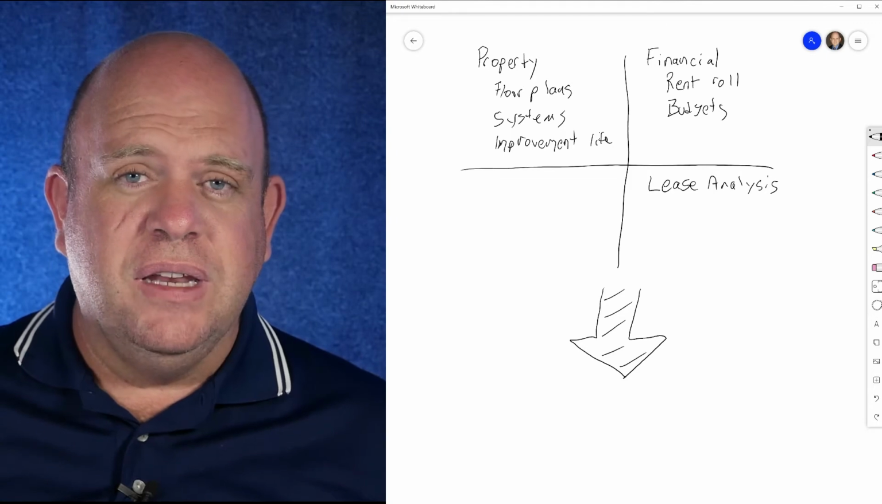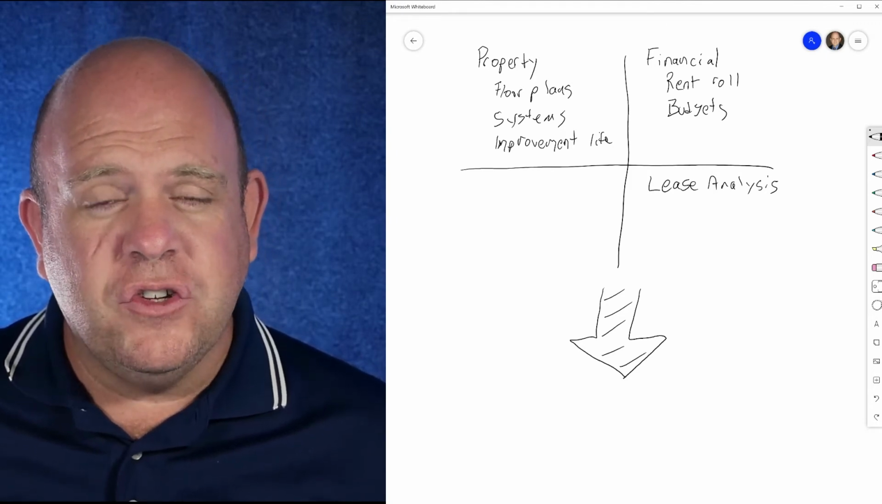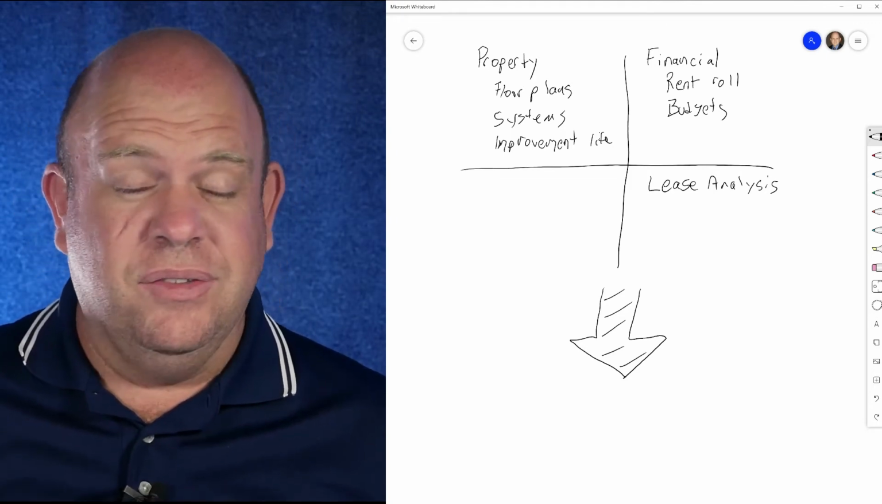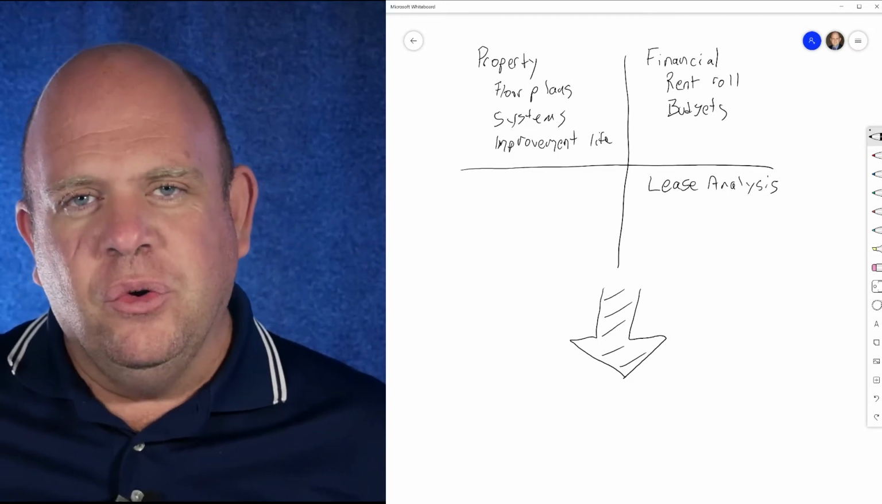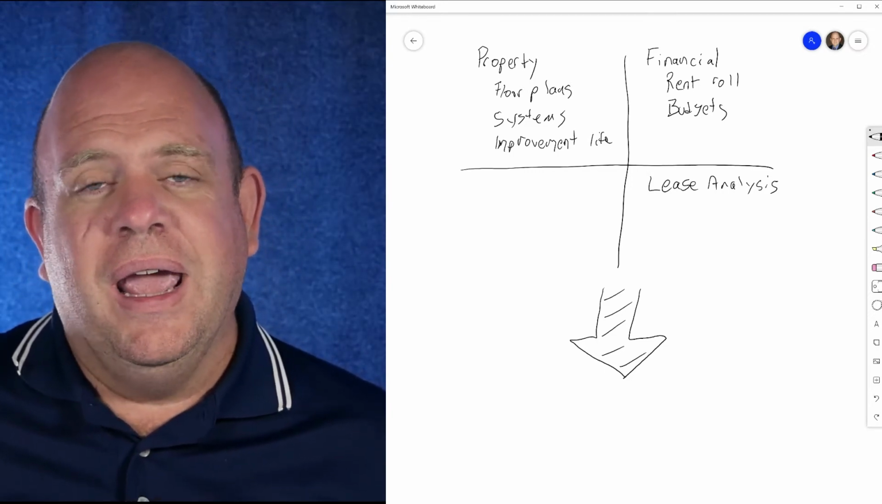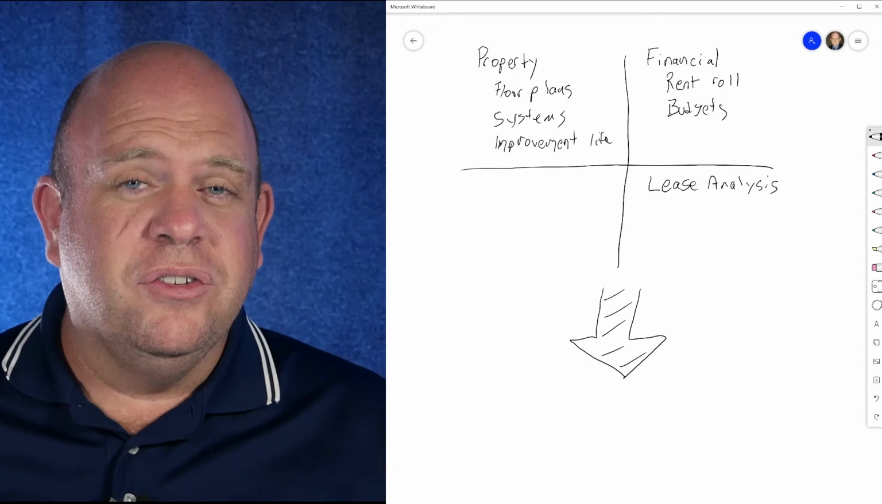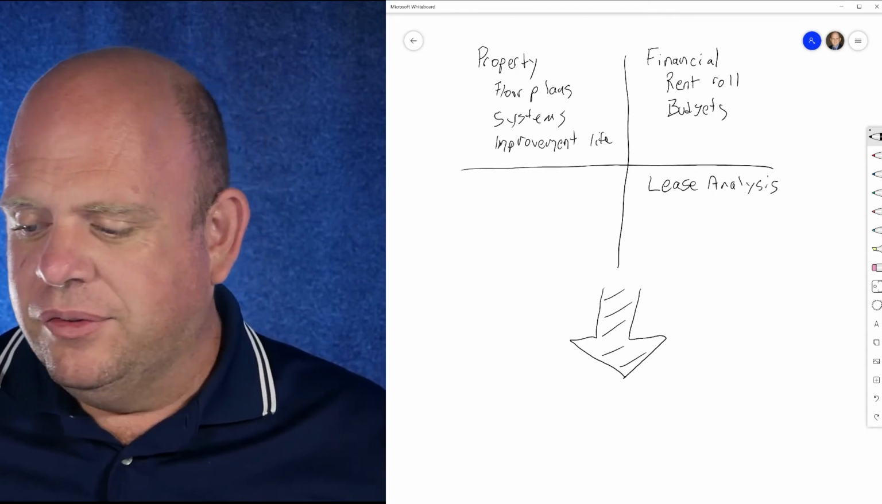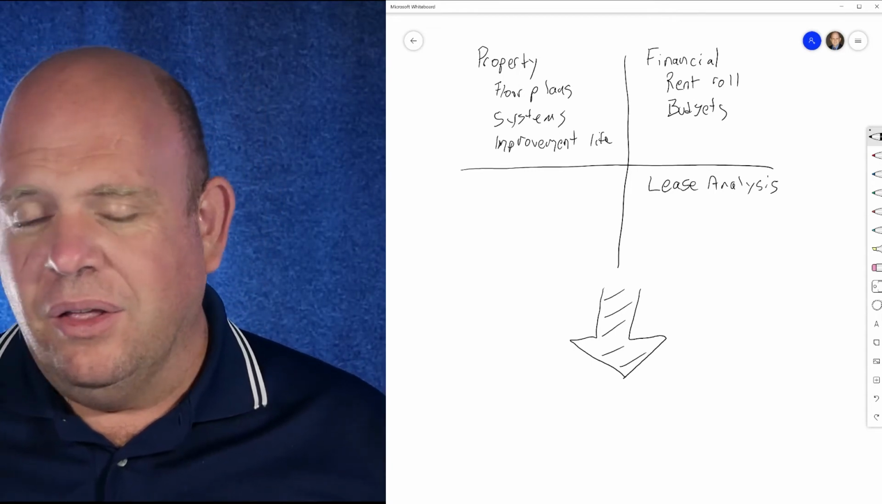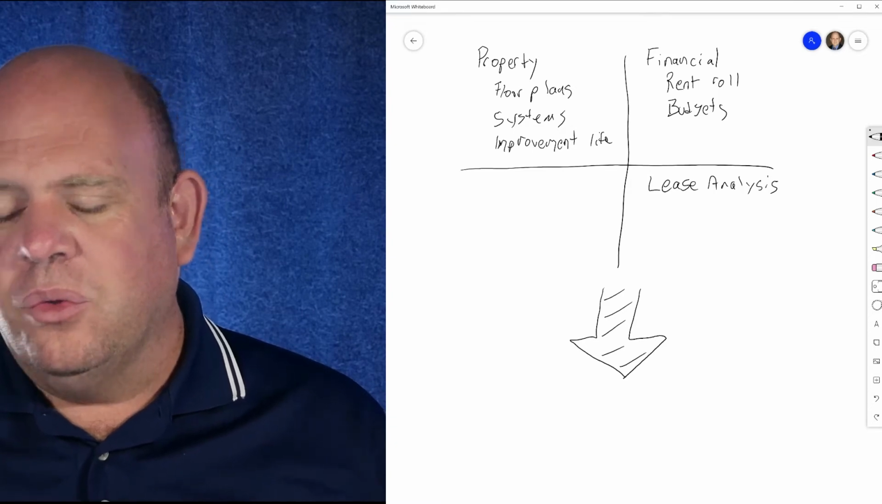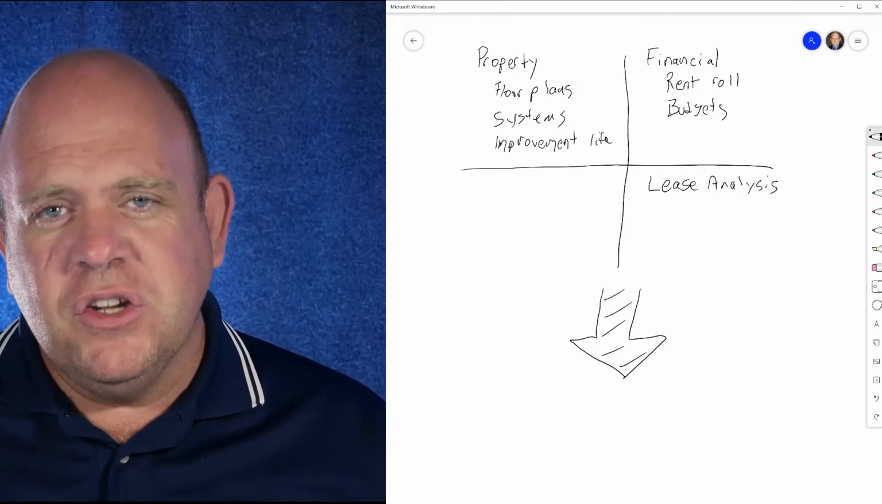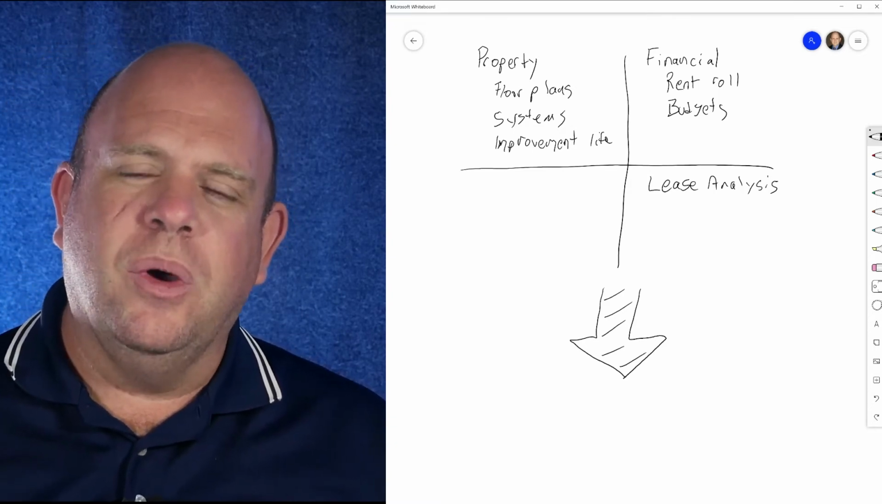Also, it's very convenient because when somebody has a question about what's in their lease, a tenant's asking, all I have to do is pull out my lease abstract and it's right there. I can point to where it is in the lease. So lease analysis is very important, not only just to know when things are coming due, but also to make sure that you understand